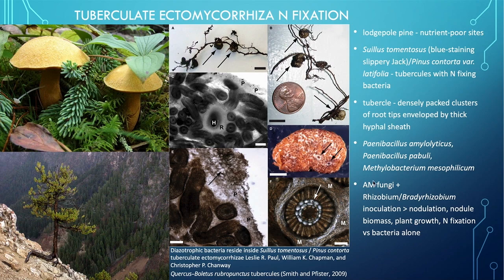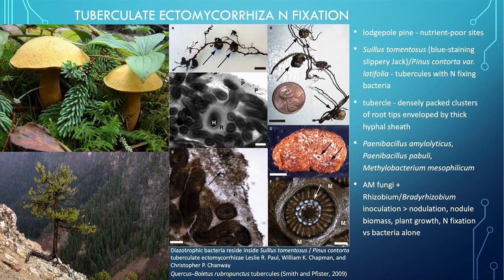So if you put arbuscular mycorrhizal fungi, which is a different type to this sort of a system, and nitrogen fixing bacteria, when they're inoculated together, there's even more of a nodulation process that goes on, bigger nodules, better nodules, greater nodule biomass, greater plant growth, nitrogen fixation, versus if the bacteria are just alone. So just to show you the complexity, it's not just the plant and the bacteria, but actually fungi play a role in this nitrogen fixation process as well, or can do so. So it's a very, very interesting way of looking at the plant as a multi-organism system that functions in symbiosis